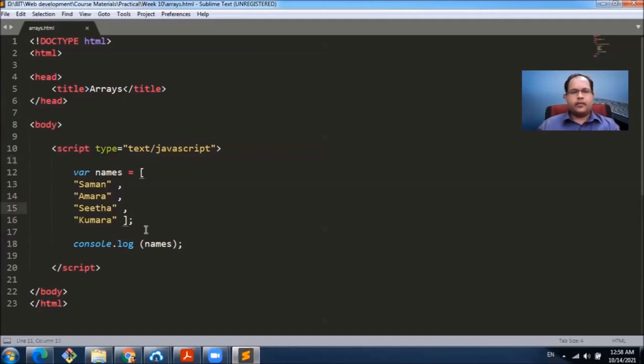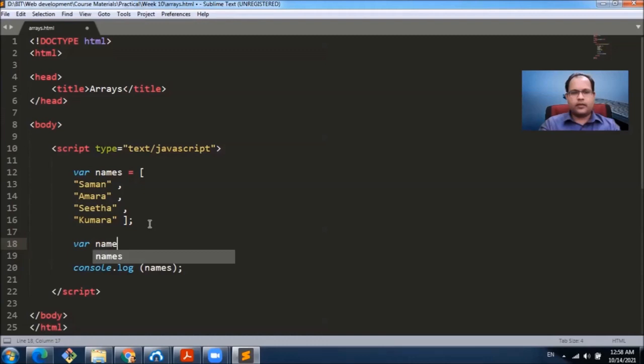Okay. One other way of creating arrays is var newNames equals new Array. And then this creates an array object. And then we can input the elements for this array. Right?